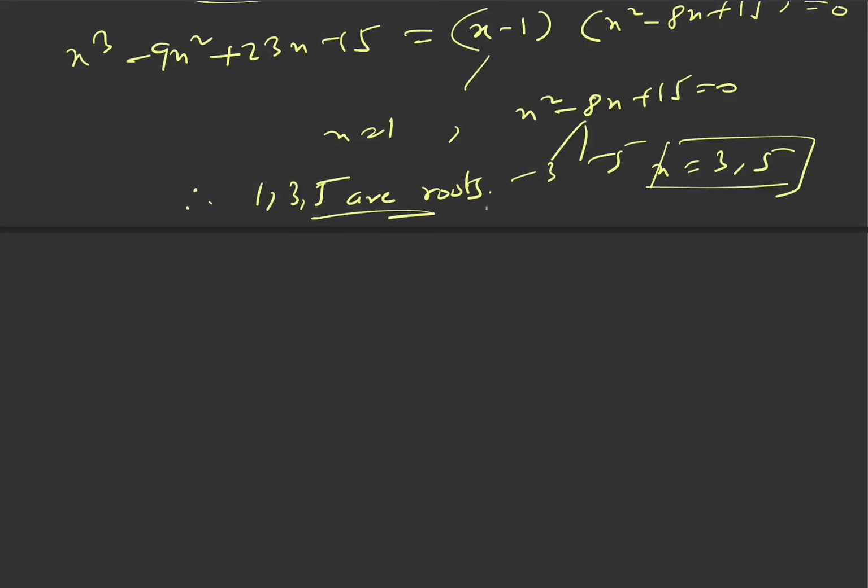Fine. So this is the method by which you can solve a cubic equation, or similar is the process for a biquadratic equation. You just do hit and trial and you just reduce it. Reduce it means you divide by a linear factor, then you reduce it to cubic. And for cubic you do again hit and trial, you divide by a linear factor, you reduce it to quadratic, and quadratic you can easily solve. So this is the method by which we can find the roots.